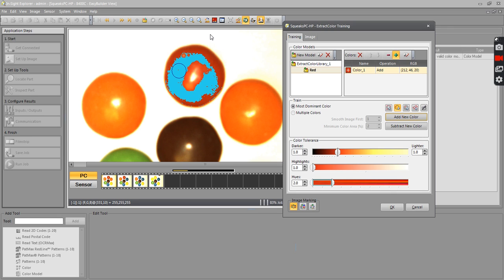Now I want to expand that. I want to expand some of the hues, highlights, and other things. So here we have our 4 slider bars. We've got darker, and then we've got lighter on the color. Then we've got the highlights of that particular color, and then we've got the hues. I always like to start with hue, so if I crank that up and add more of the hue,